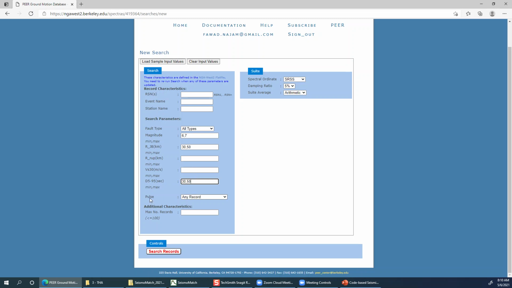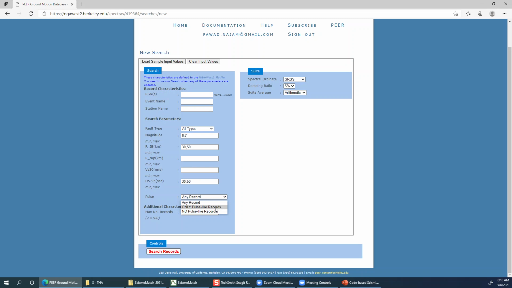And then finally you should tell whether the ground motion should be pulse like or not pulse like. Pulse like ground motion is a special ground motion which is expected at near fault sites.